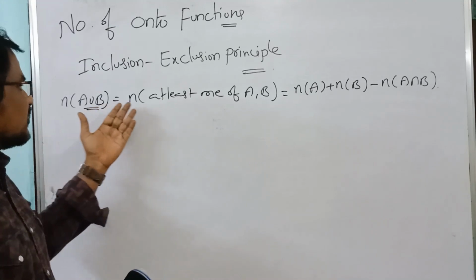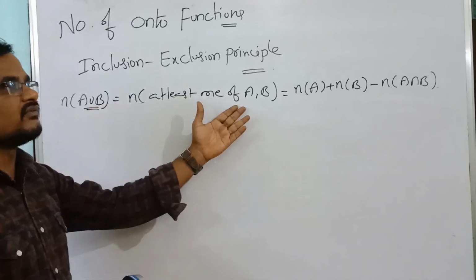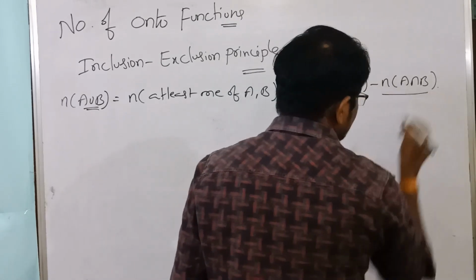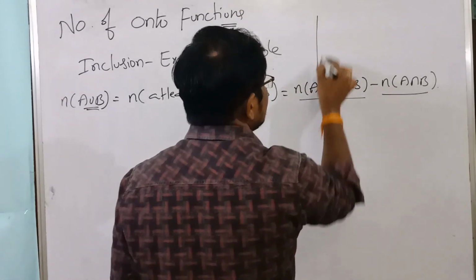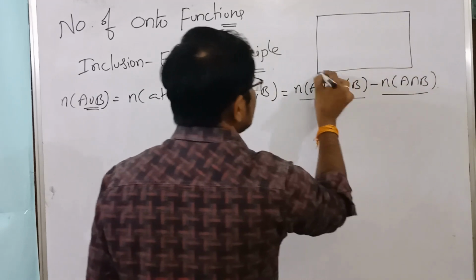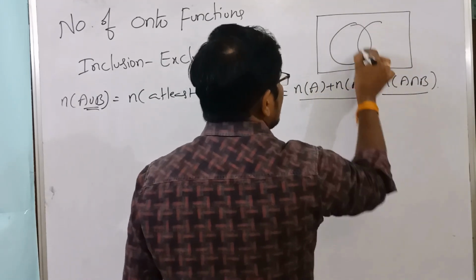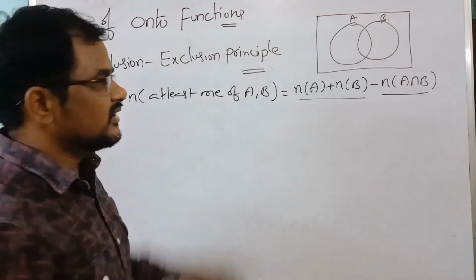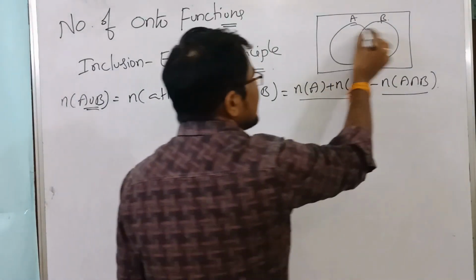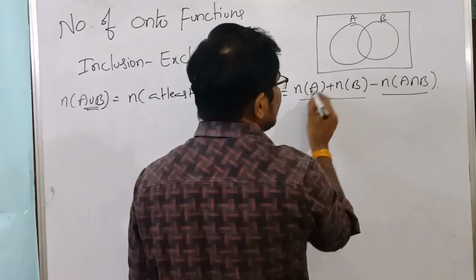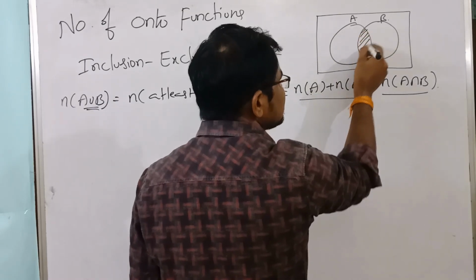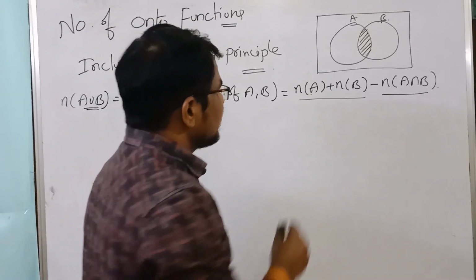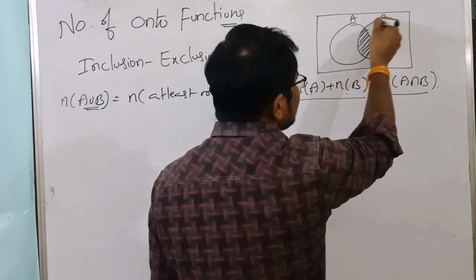n of A union B equal to n of at least one of A, B. So here adding these two, subtracting this one, because this has A set and this has B set. This is the important one. Listen carefully. So A union B, if you take n of A, it means once intersection we are considering, and n of B means again intersection getting,